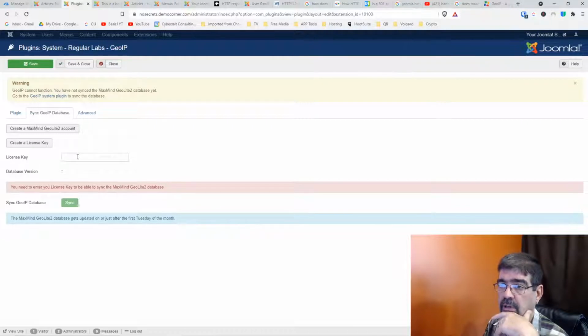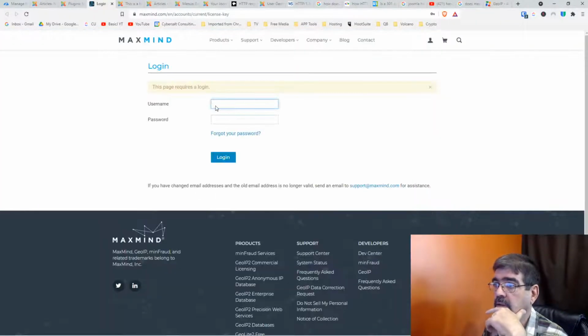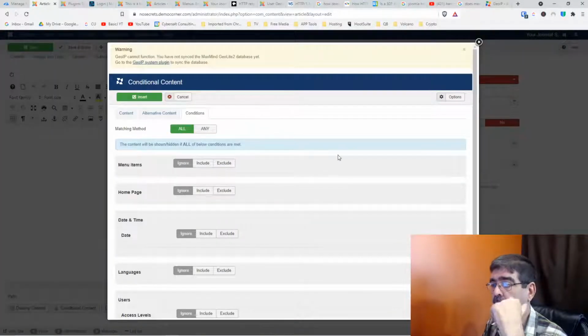You sign up for it. Here you can create a license key, so that's pretty handy. You can create it somehow on the site here. Current, that's your license key. You would log in, you create an account, do all that. Basically,